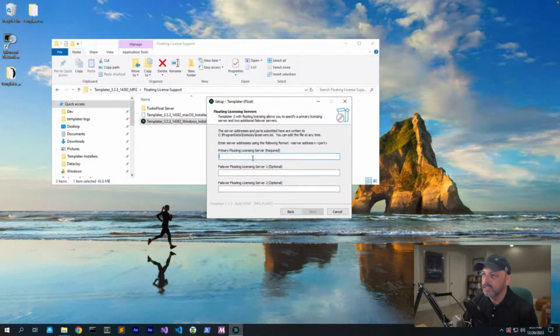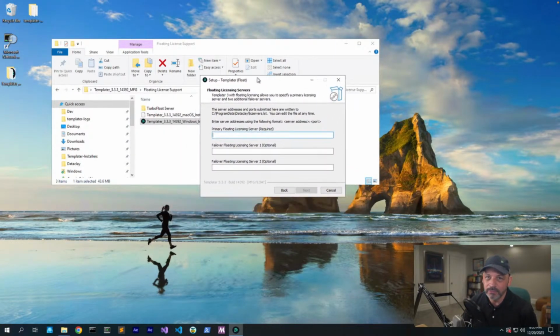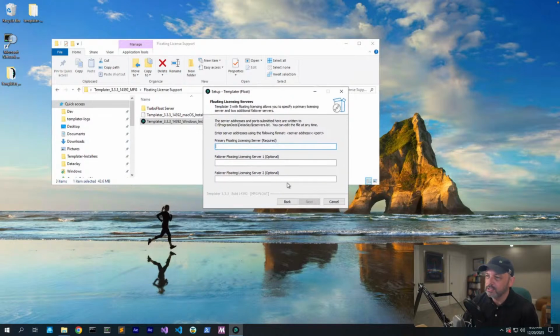So we're going to click next. The first thing it wants to know before proceeding, it won't even let me proceed, is where is the licensing server? So, the way that we built this is such that we would expect the end user to have the licensing server stood up and set up prior to installing this. So in this case, I'm going to do lickdemo.dataclay.com and :13. Okay, so I'm going to hit next. And by the way, if I had the failover servers, I'd want to enter them here too. So I'm going to click next,